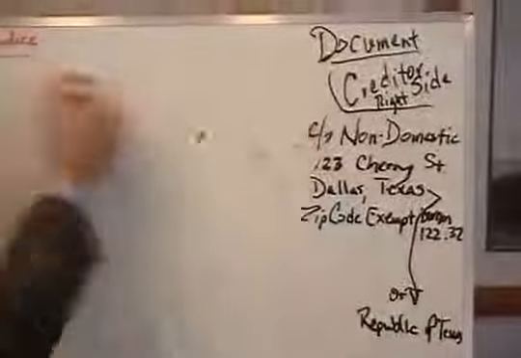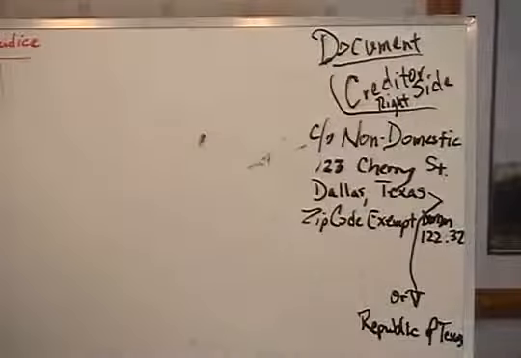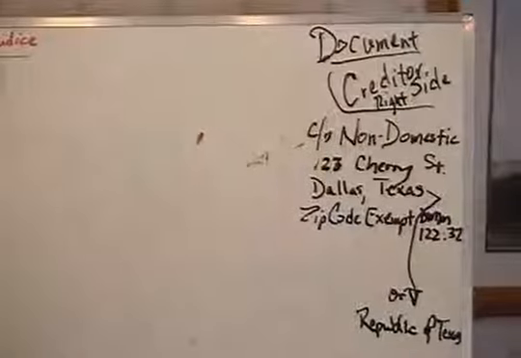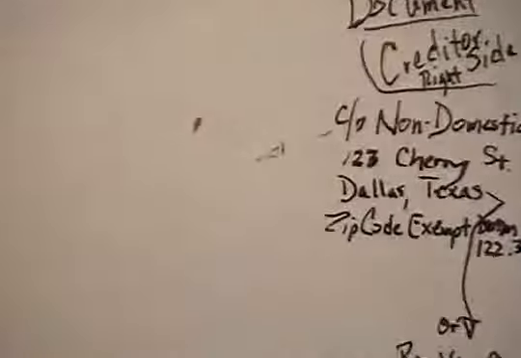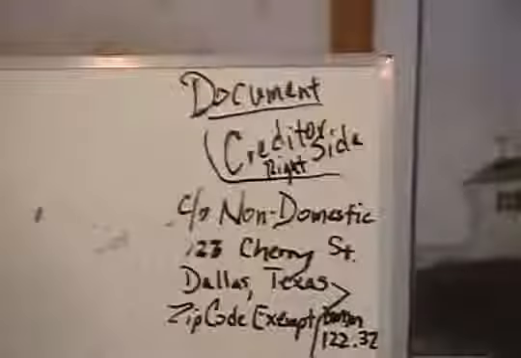So real quick before we run out of tape here, just to get some basics of the document. Whenever you address a letter to someone, you always put your name and everything on the left-hand side. Change. Put it on the right. The right side is the creditor side. And then we address whoever we're addressing.